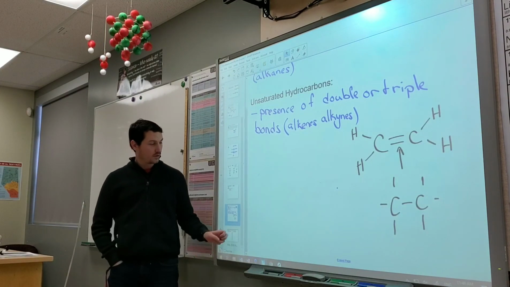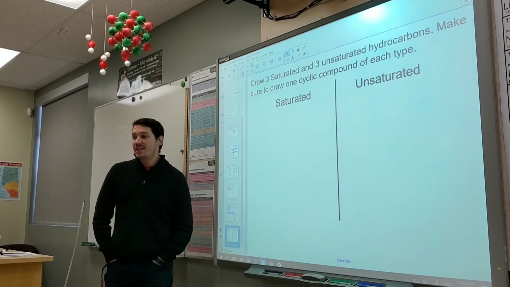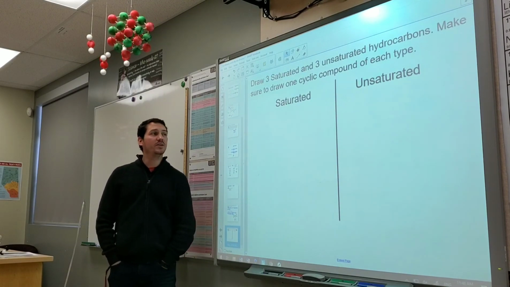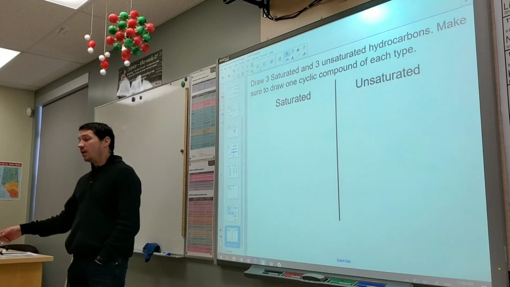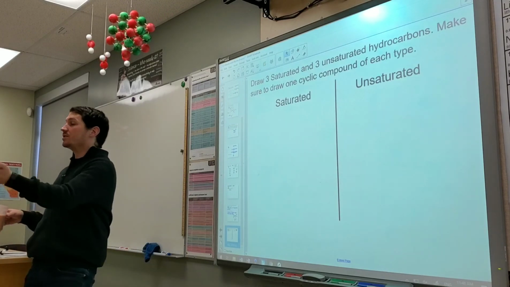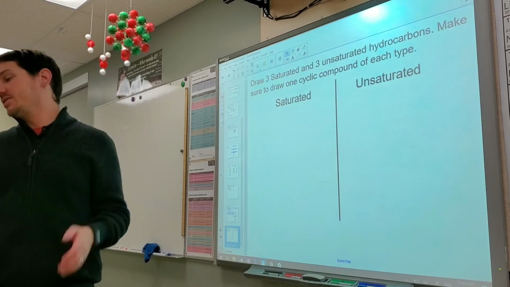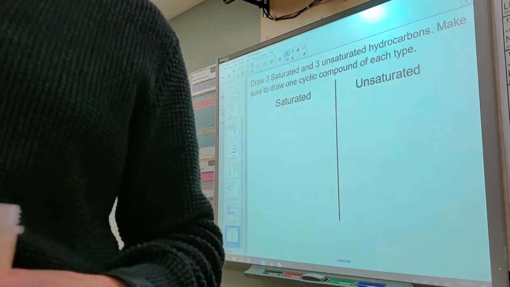That's it. So draw 3 saturated and 3 unsaturated hydrocarbons. Make sure to draw 1 cyclic compound. Show me your molecules if you want to double check, but otherwise it's all good. Floor hockey will be on